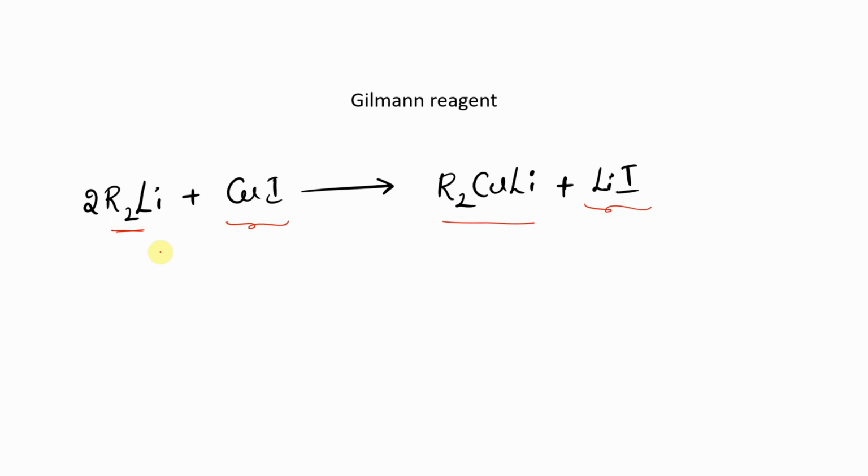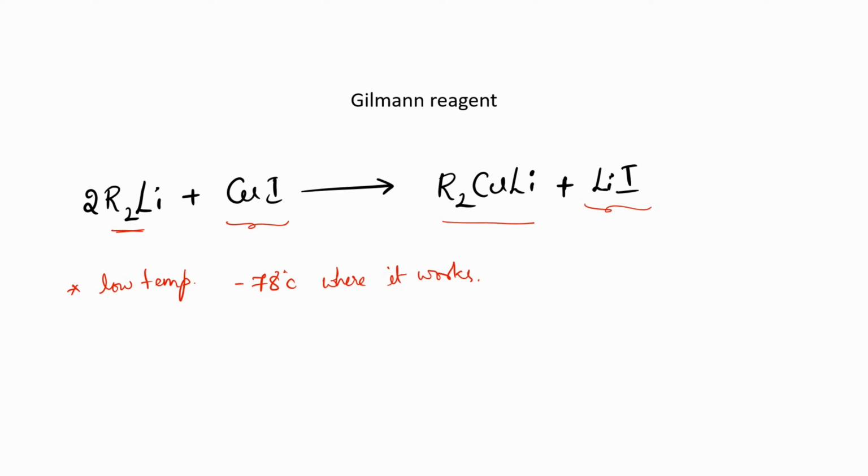There are no special conditions for the preparation of Gilman reagent, but it usually follows a low temperature of -78 degrees. The temperature of the reaction should be around -78 degrees centigrade. That is the temperature at which Gilman reagent works, so this is the working temperature for Gilman reagent.